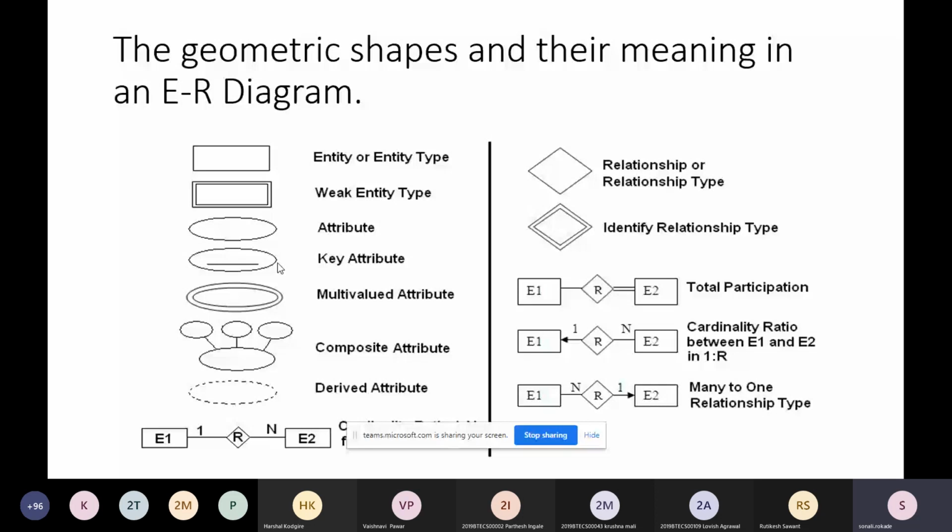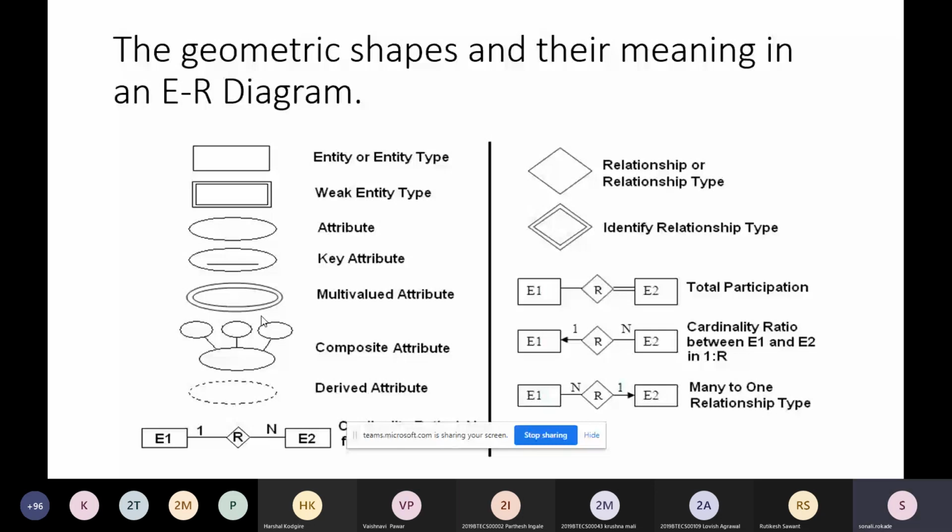Next is our multi-valued attribute. नेक्स्ट मल्टी वैल्यूड एट्रीब्यूट क्या होता है? The attribute in which we can store multiple values. Right now we have a column whose attribute name is phone number, and we can have multiple phone numbers. So what I will do, I will write down 7709 separated by a comma with 702 802 number. Okay, so the attribute which is having multiple values in its cell is called a multi-valued attribute.